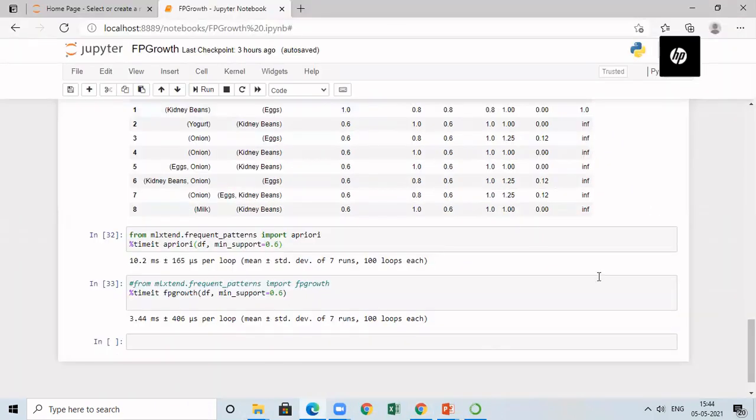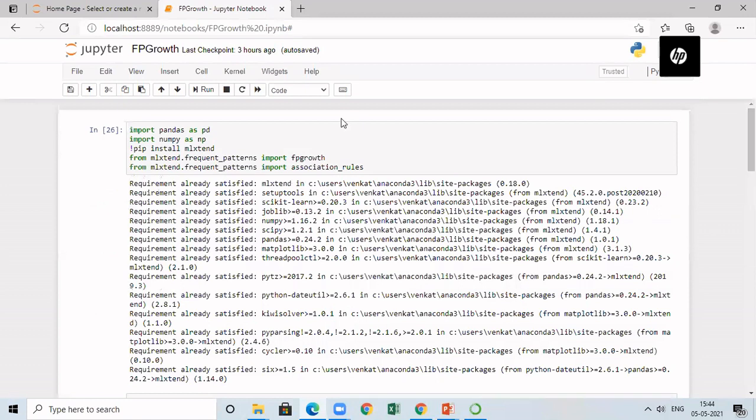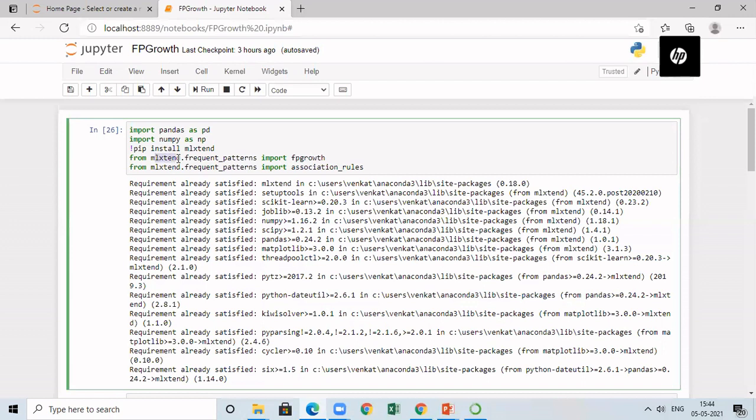If you consider the FP growth algorithm, I am running this algorithm in Anaconda. I am importing the mlxtend package again; this algorithm is also present in it. If you don't have the package, you know how to install it by means of pip install. You can install any package you want. So here I want mlxtend. In that I have frequent_patterns, and in that this FP growth is also there.